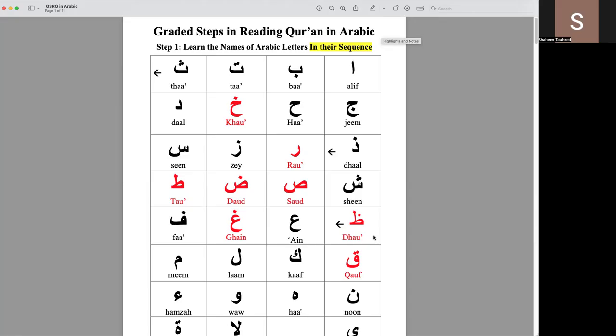Ta, Za, Ain, Ghain, Fa, Qaf, Kaf, Lam, Mim, Noon, Ha, Waw, Hamza,